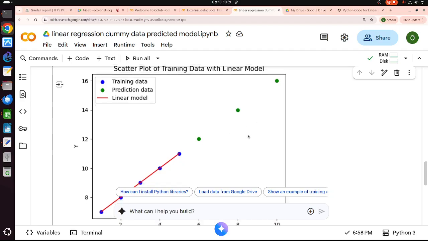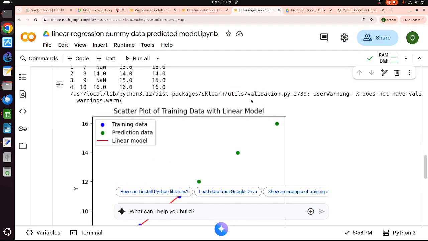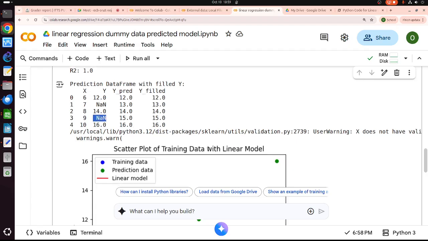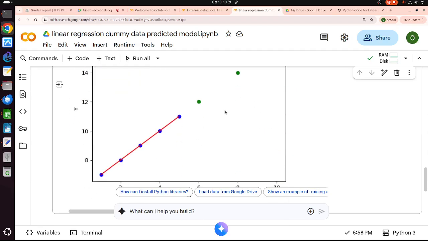This is the training data. So it fits. Okay, it works. Oh, it says warning because X doesn't have values. So some are not a number here. So we have a little bit of a problem, but it doesn't show up in the visual. So this is it. It works.